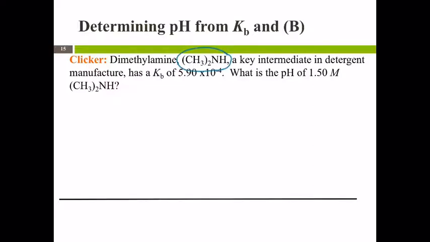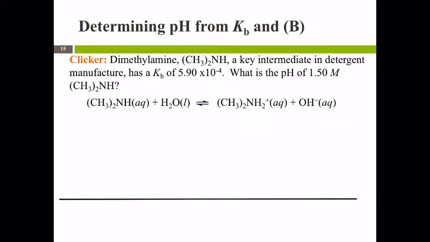That's what we're always going to do with a weak base because Kb says, how does that compound react with water? So we need to find what the pH is of a certain solution. This is the initial concentration. So first we write out the equation, and remember those equations for Kb are always going to be describing taking a base, putting it in water, and then what does it look like once it grabs a proton from water? So that lone pair is going to grab one of those 2 protons. So now that nitrogen has 4 bonds, meaning it has a positive charge, and then water is left as OH-,